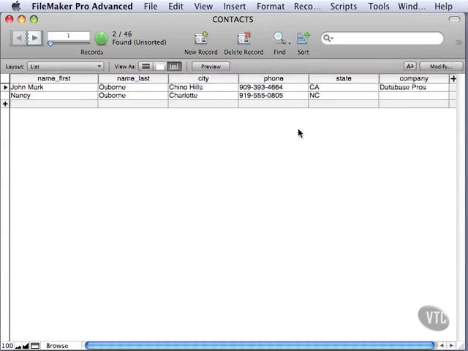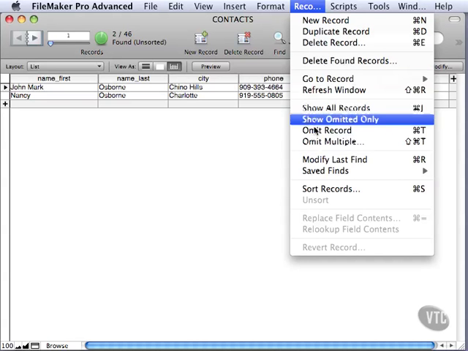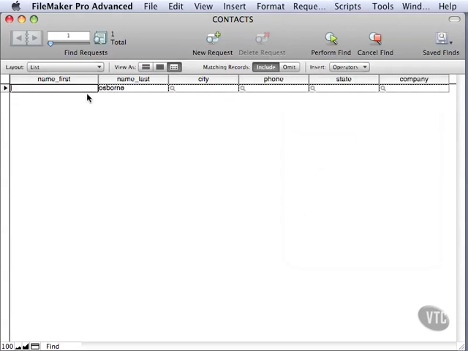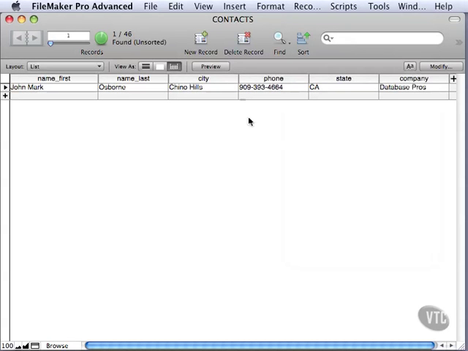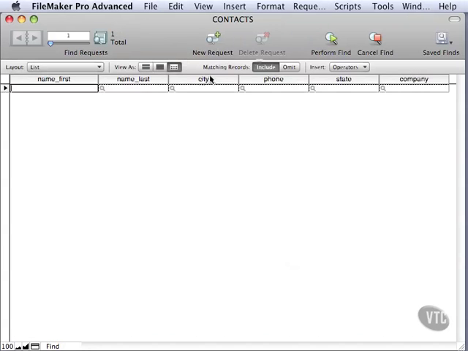Now, if we only wanted to find John Osborne, instead of going back into find mode and typing John in the first name and then Osborne in the last name, we could go to Records and choose Modify Last Find, and then add John, and then perform the find. That'll do the job. Or we could go ahead and do our find again, a regular find for Osborne,